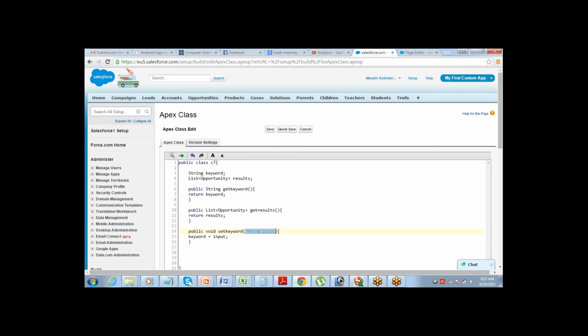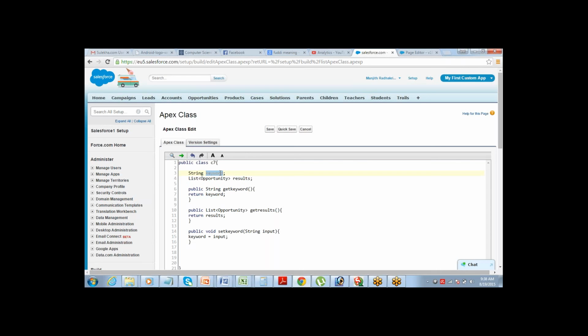Whenever this function is called, it will take this value as a parameter, as a string parameter, and I have given it a name called input. Now, in the next line, I am setting the value to my keyword. Keyword is this variable. You got it?